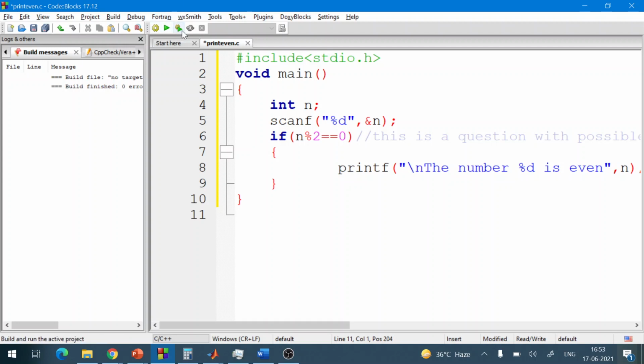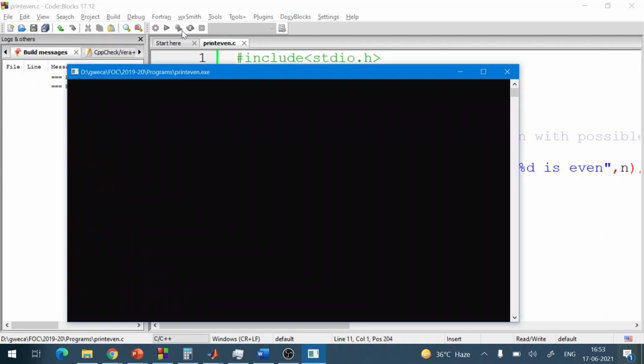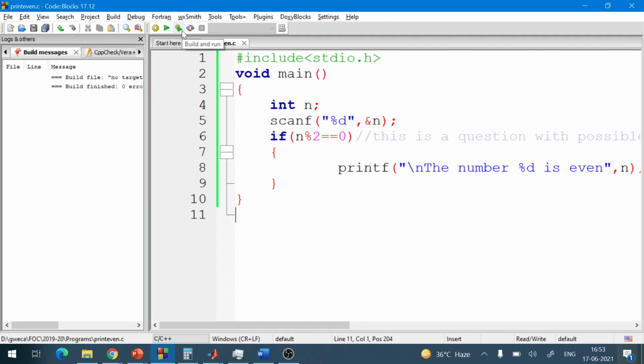Now let us run it. If I input a number that is 9, nothing is printed. The number is not printed.